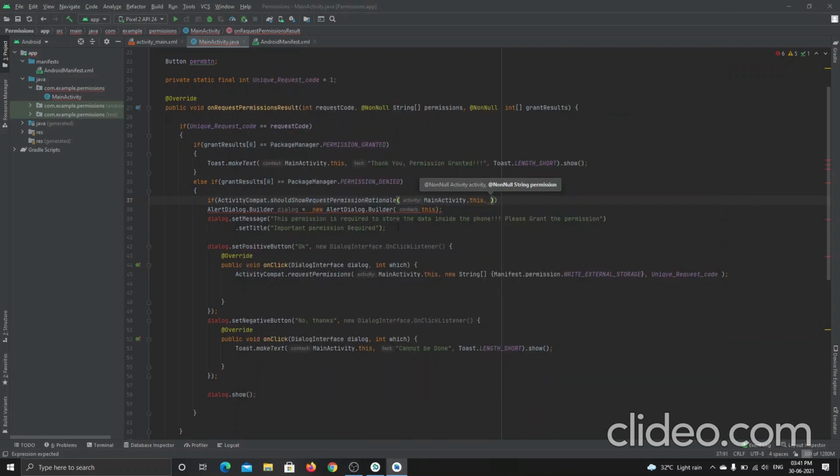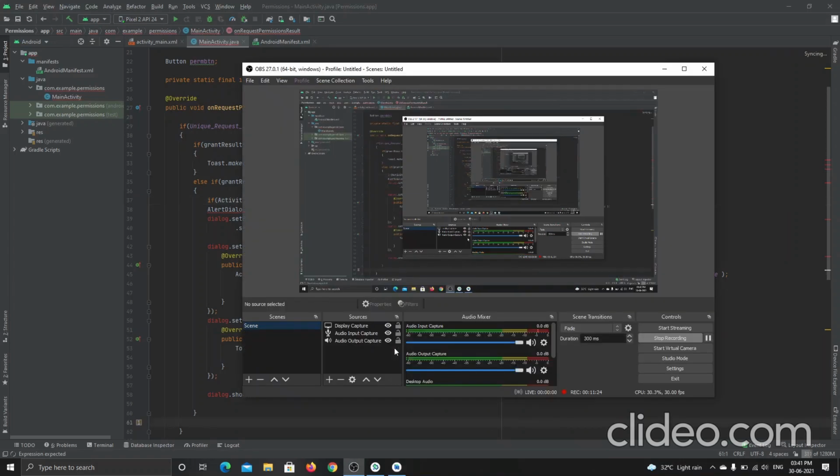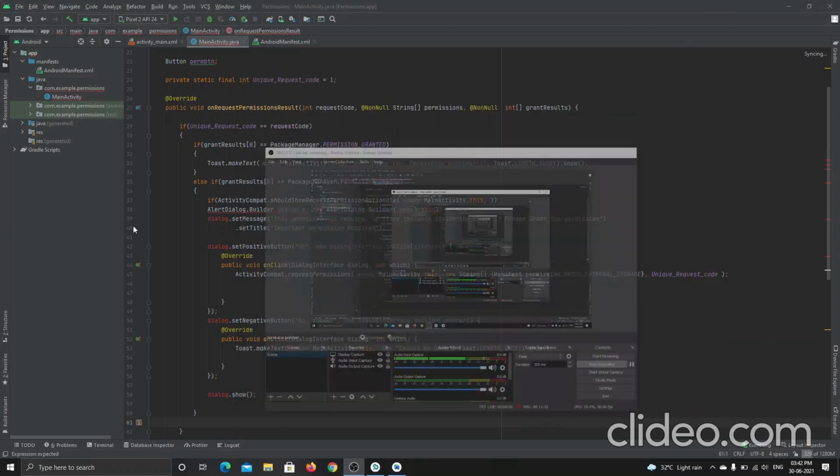It's nothing but checking inside the main activity.